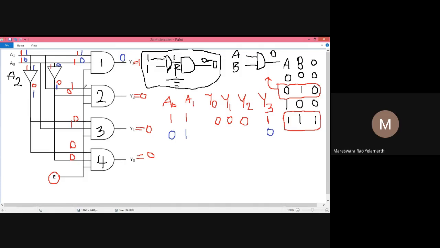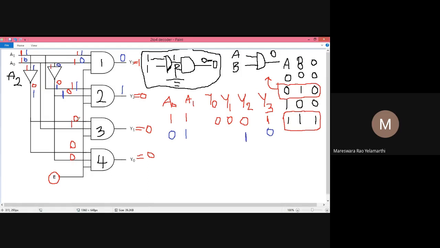The first input is connected to 1 and the next input is also connected to 1. So 1 and 1 gives 1. So Y2 value is 1 for this combination.